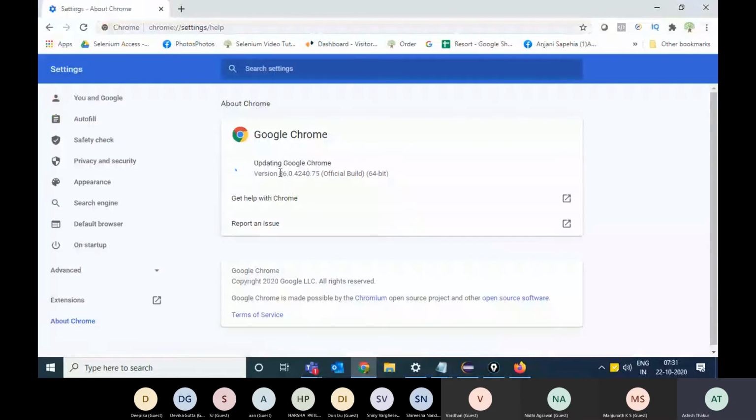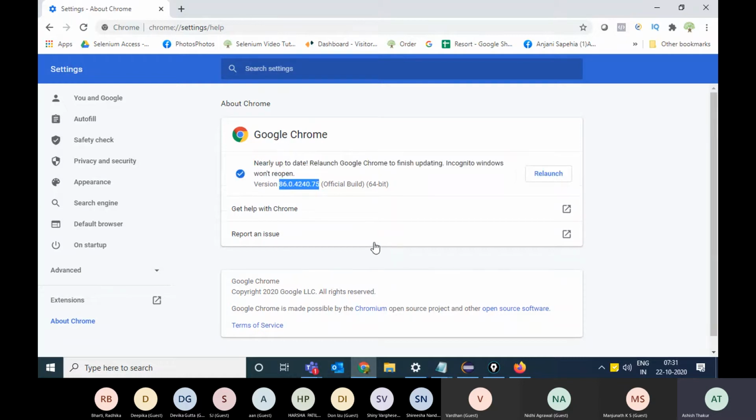My version is 86.0.4240.75. And somehow it is now updating itself. Once Chrome updates in your system, updates matter with Selenium. Once the Chrome browser updates in your system, you cannot roll it back.